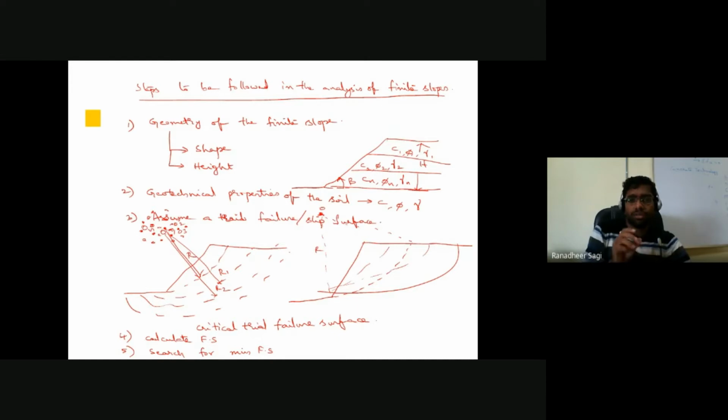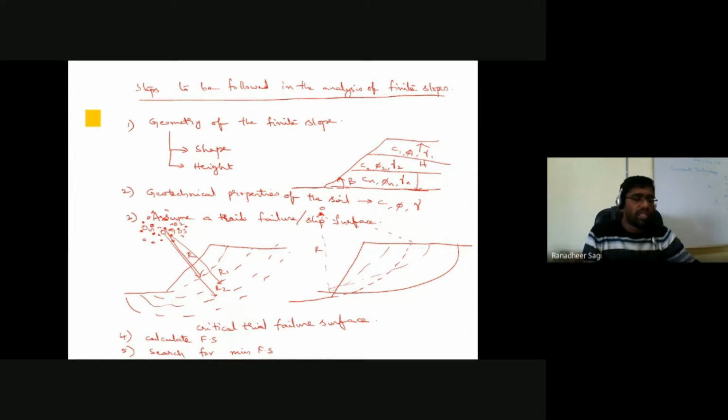There could be small variations in the steps towards the end, in some more advanced or relatively more accurate methods, in which you will have iterations for the factor of safety again. But here we are considering the complete soil mass to be acting like a single unit, whichever is expected to undergo the failure. So the complete soil mass will act like a single block and it will slide about the center of an arc.